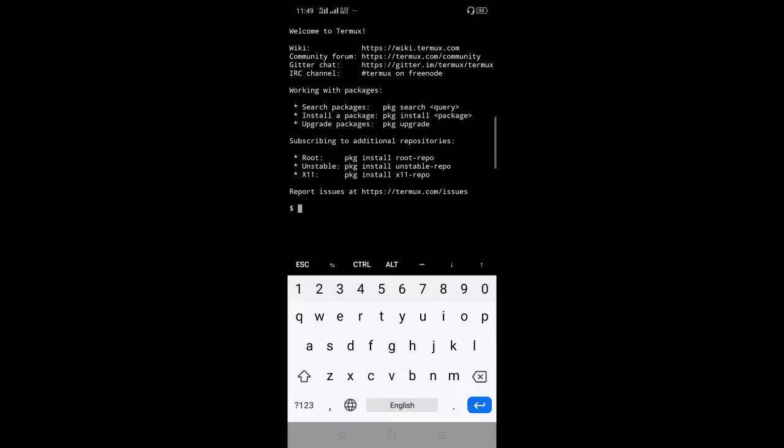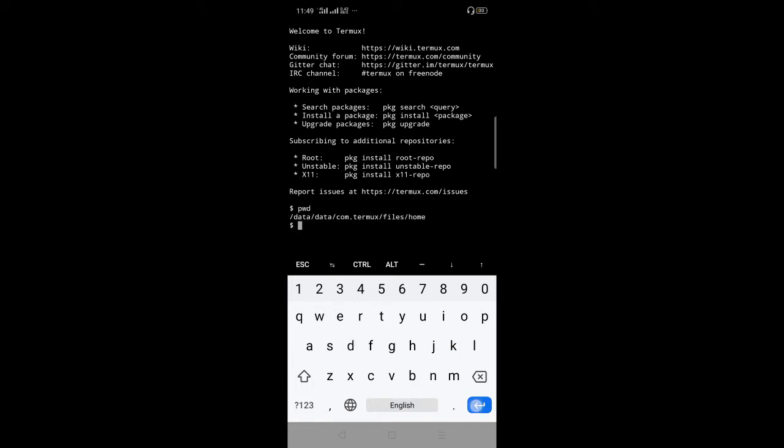and here is the console of this Termux app. From this console you can execute any Linux command in this terminal. I'll show you some commands, like checking which directory we are currently in.